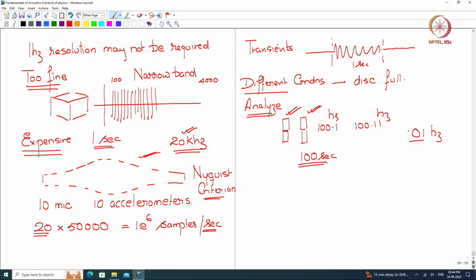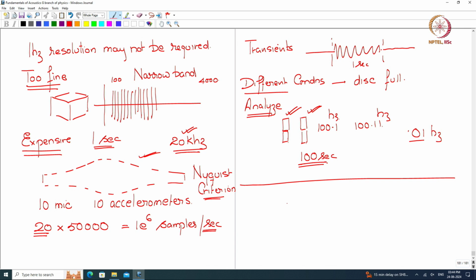Hello and welcome to this next lecture on fundamentals of acoustics. We are looking at measures of sound, and within that we are looking at frequency analysis, and we were discussing narrowband analysis and how narrowband analysis can be expensive and maybe a little too fine for the job. So now let us say